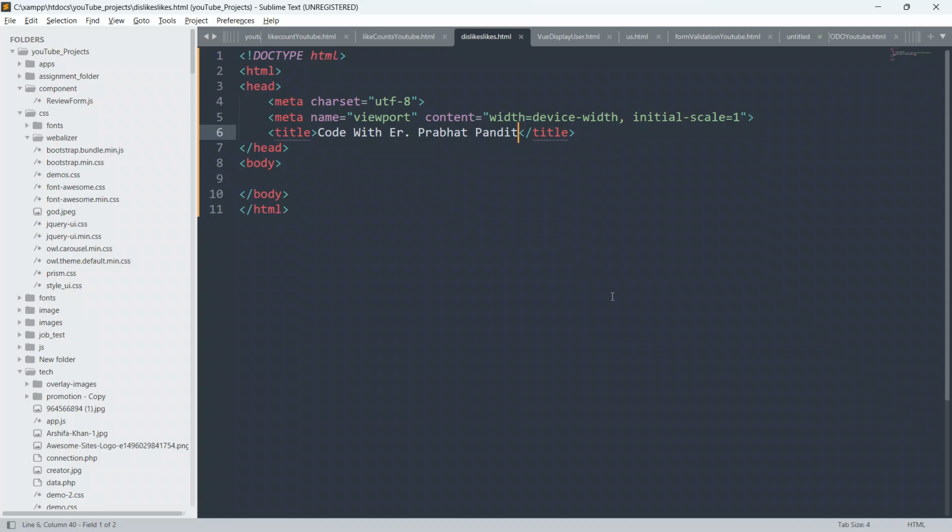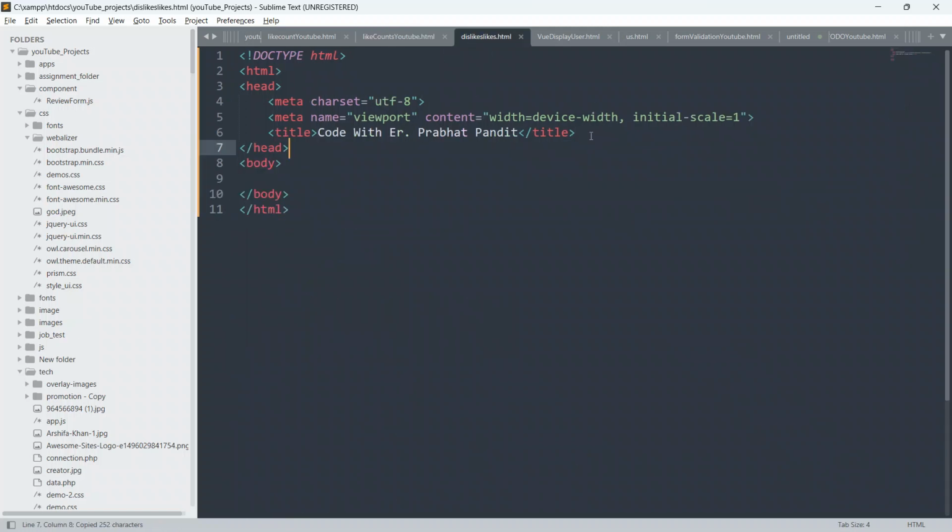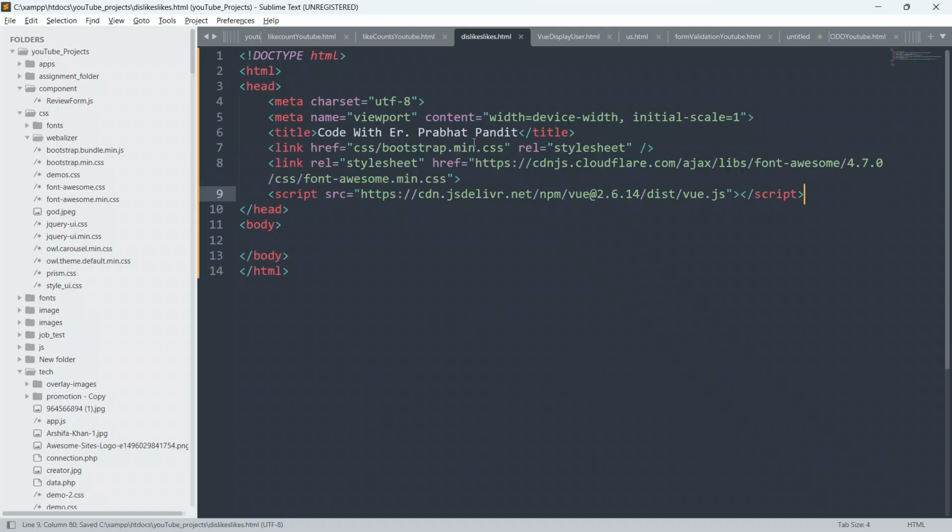Okay, so guys, first of all, I would like to paste some of the CDN links from the previous example only. So just go to the previous example and copy the CDN links from there. Copy this CDN link from here and paste it into your code. So paste it here. So guys, let me explain to you. This is the local path for Bootstrap. I have got a CSS folder, and inside that CSS folder I have got the file bootstrap.min.css,